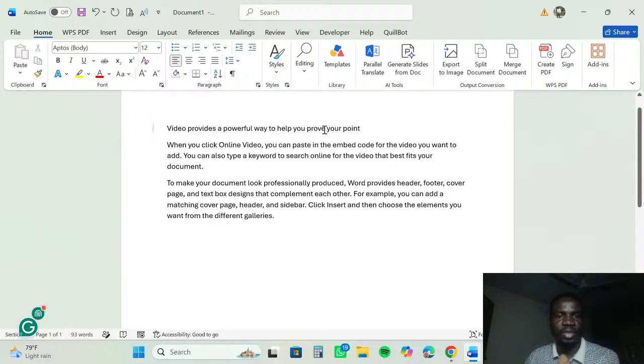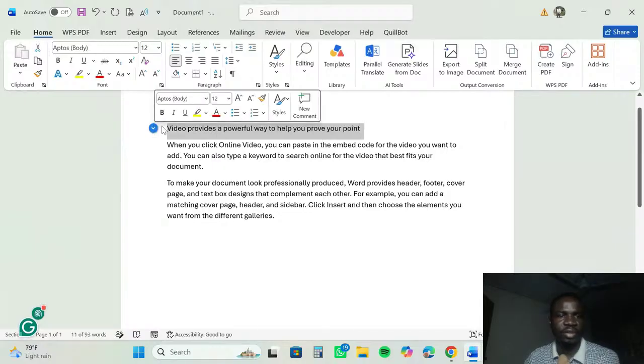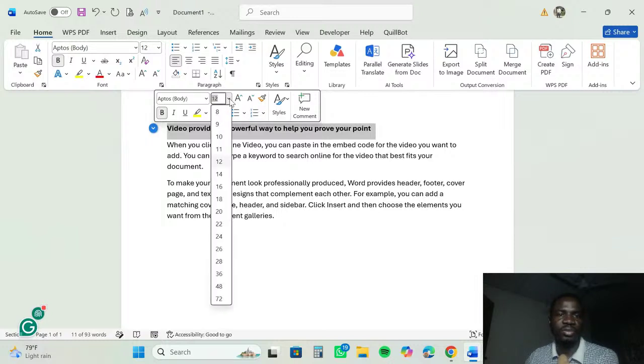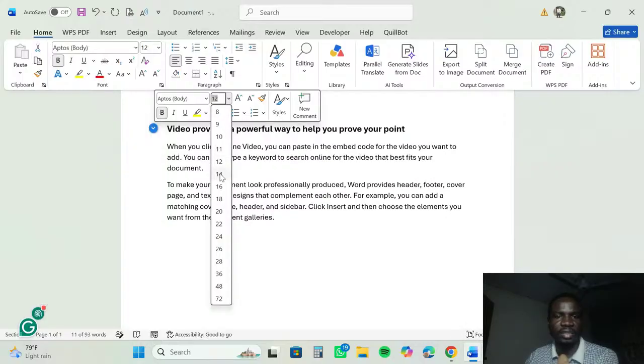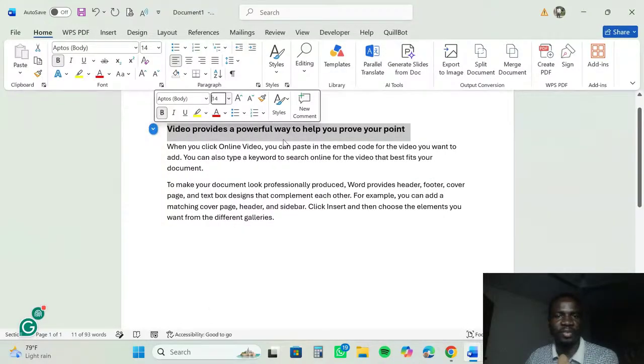Now I can just come here, highlight this. All right, click, make it bold if I want to. So I can make it bold. All right. So once you make it bold, I can now click on this part to change my font. So my font size, I can get it from here. Okay, so this is my font size. So after fixing my font size, I can come here and say, okay, this value here, I want to make it